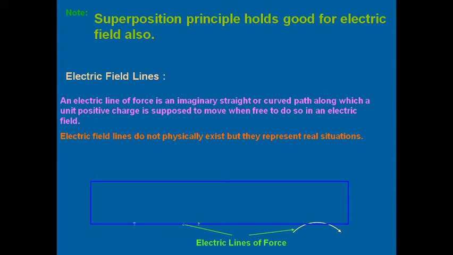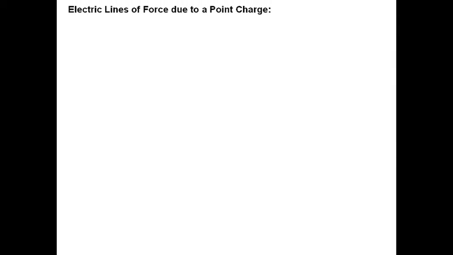So electric field lines may be shown as a straight line. If it is a straight line, that shows the direction of the electric field, but if the lines are curved, the tangent to the curved line at a point represents the direction of the electric field at that point. Next, electric lines of force due to a point charge. That is one of the important topics in CBSE class 12. A diagrammatical question will be asked to draw the electric field lines due to a point charge, due to a system of 2 point charges, and so on.